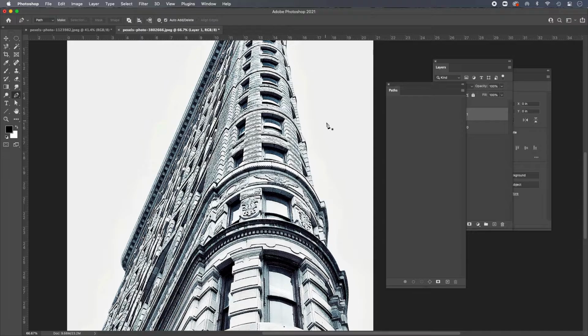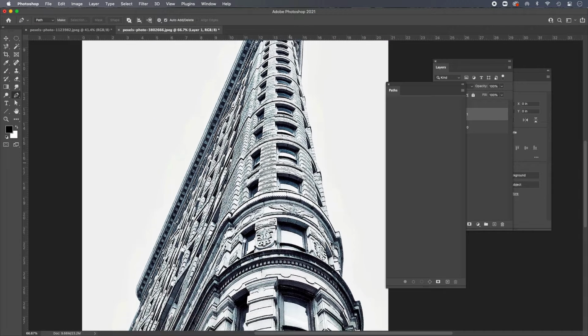So I think that's something that I did earlier and just didn't know I made a work path. So using the pen tool, what the pen tool does is create a path. And then we use that path as a tool to make a selection. The pen tool is one of the most valuable tools to learn in the Adobe suite based on what we